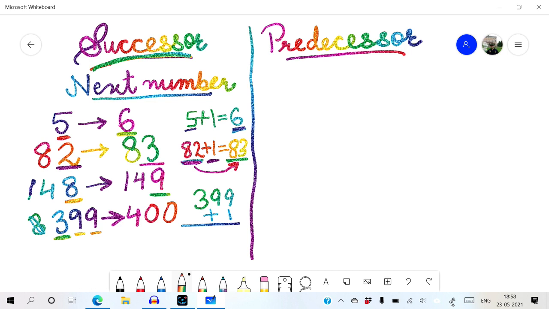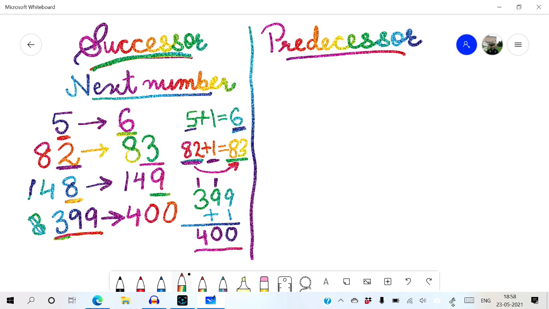See, 9 plus 1 is 10, 0, 1 carry over. 9 plus 1 is 10, 0, 1 carry over. 3 and 1 is 4. So we got 400. So this is the case with 399. The next number is 400. For 499, the next number will be 500. For 599, the next number will be